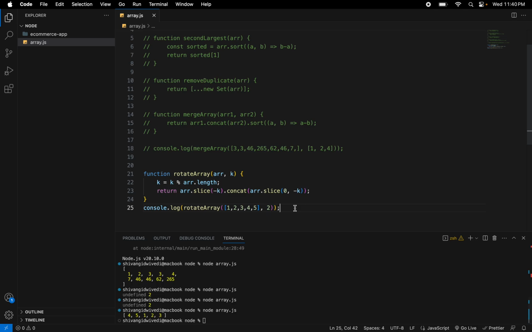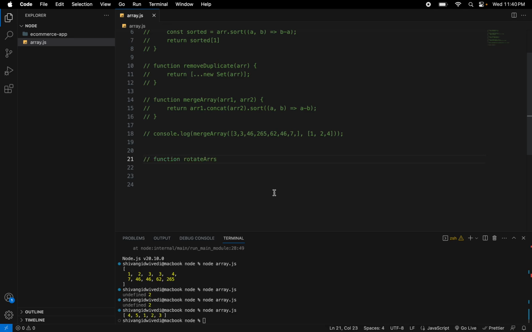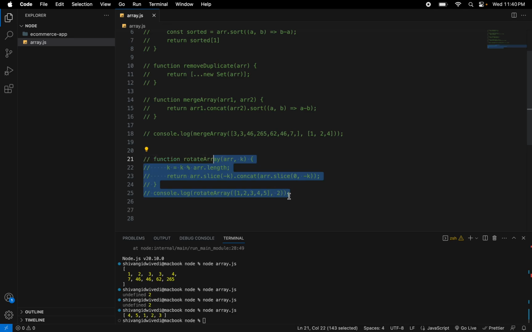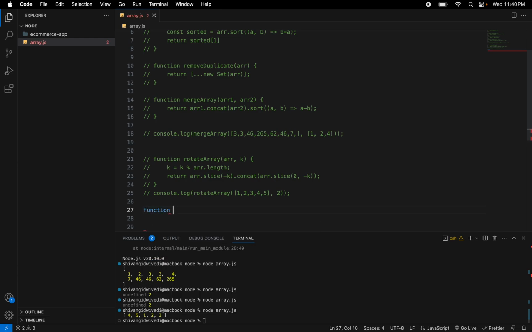Okay, let's move to another question. And the next question is, how can we check two arrays are equal? So let's create a function, arrayEqual, and this will be taking array1 and array2,